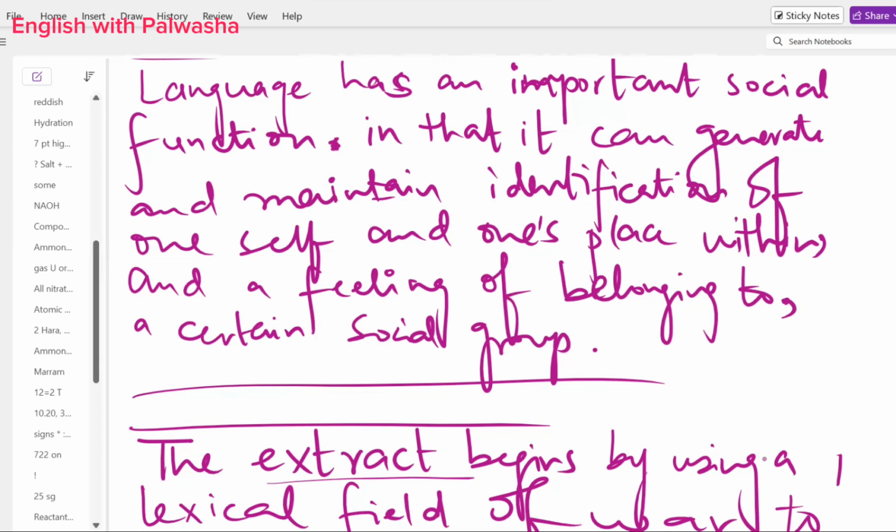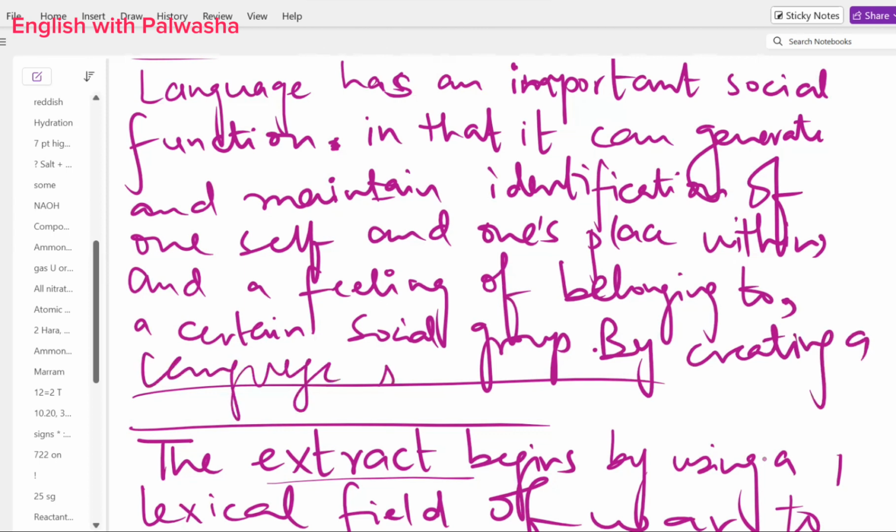So basically, it's a feeling of belonging to a certain social group. And then you are going to talk about that by creating a language style. I'm going to share this whole response with you at the end, which is with me already, from where I am guiding you. That response will help you a lot. But you want me to write, so I did it for you. So by creating a language style, emerging social groups communicate,